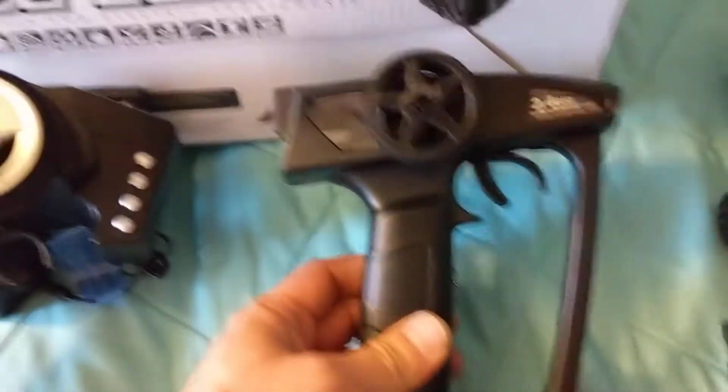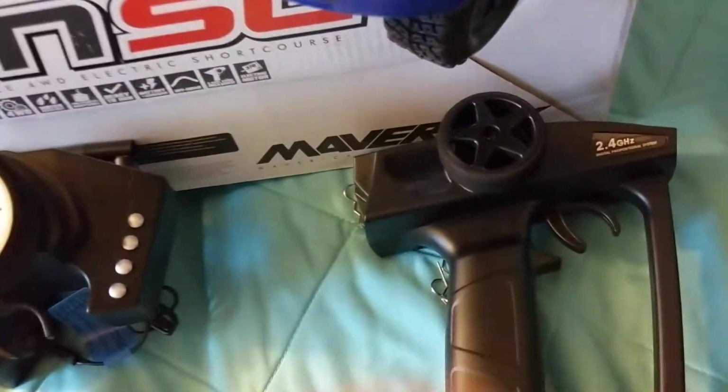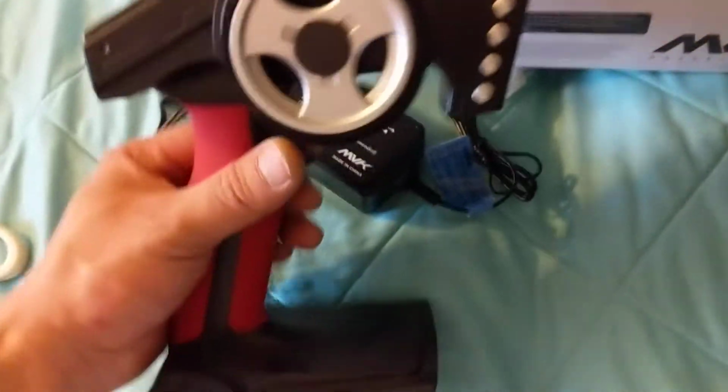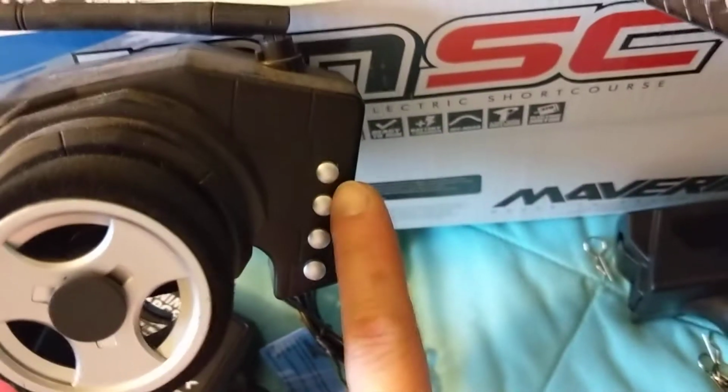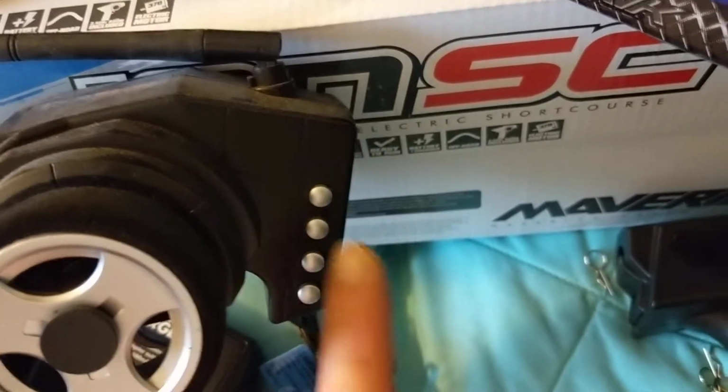Let's look at the transmitters. So I do like how compact the Ion transmitter is, which is pretty cool. It's small, easy to carry, not so bulky like the Wltoys transmitter is. I'm not a big fan of these button trim adjusts for steering and throttle,